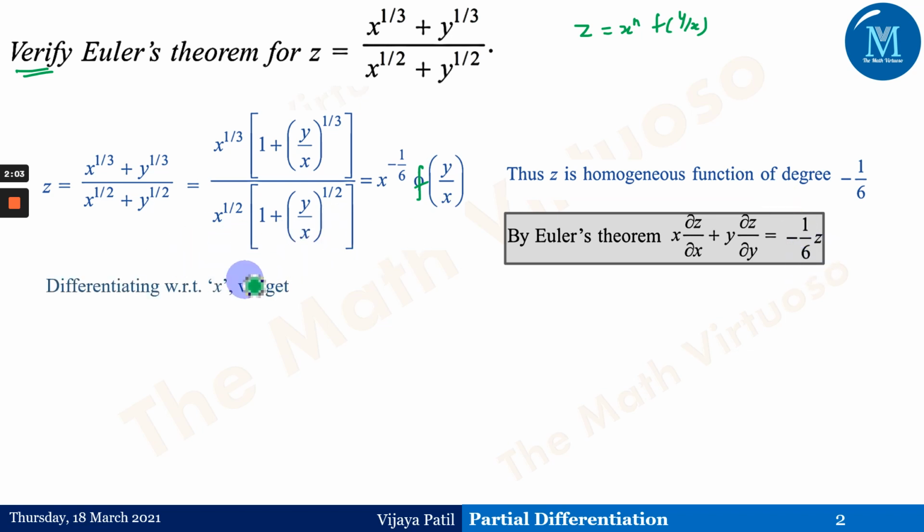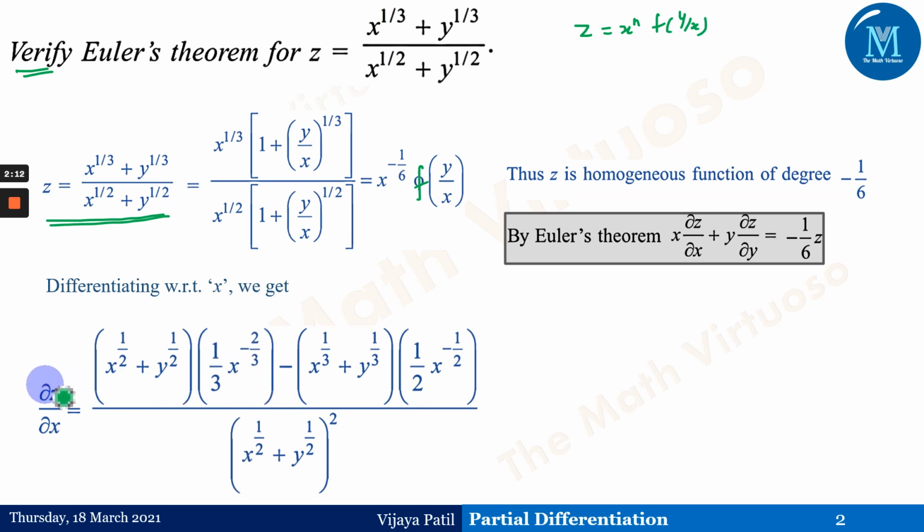Now we'll be differentiating this with respect to x. We have to differentiate this particular function with respect to x. That would give us dou z upon dou x. This is the differentiation of z with respect to x, so it would be partial because z depends upon two variables, x as well as y. That's the reason we take partial differentiation, and whenever we differentiate with respect to x, we need to keep y as a constant.